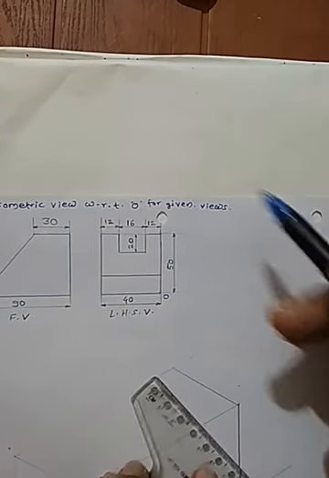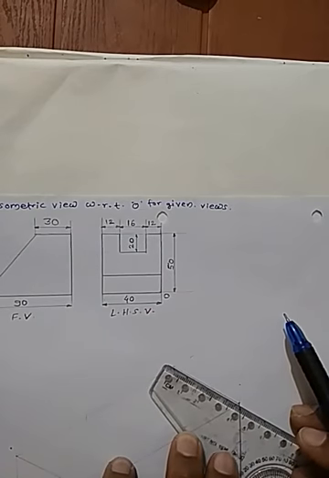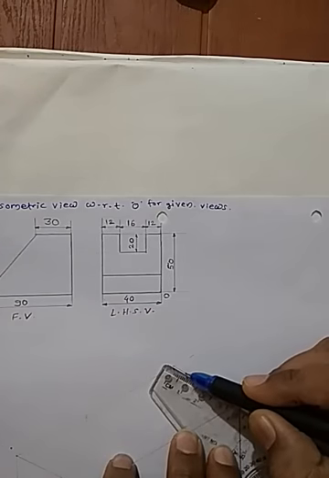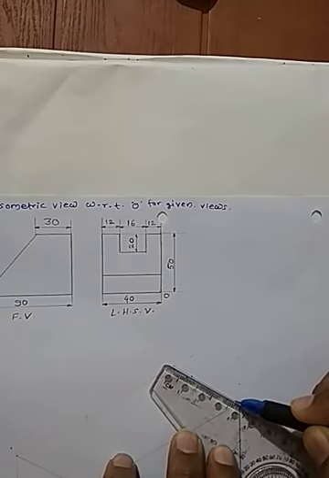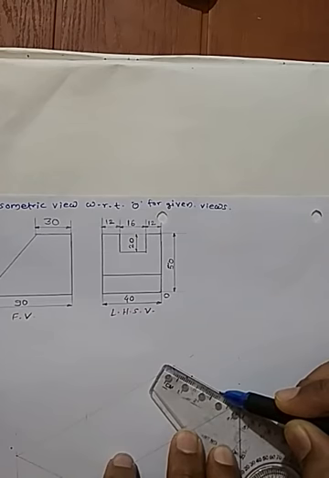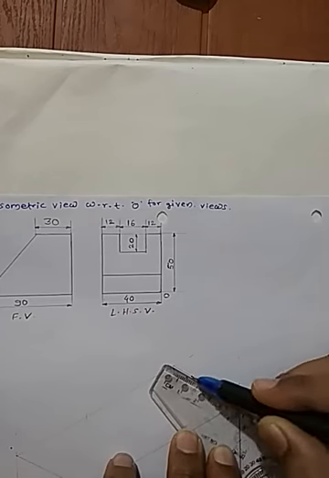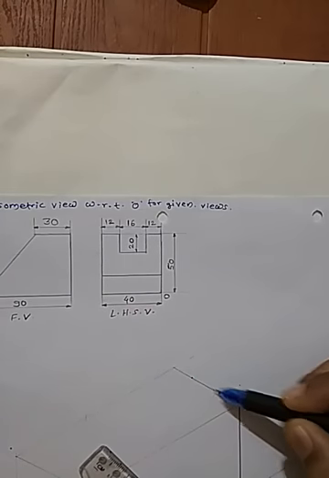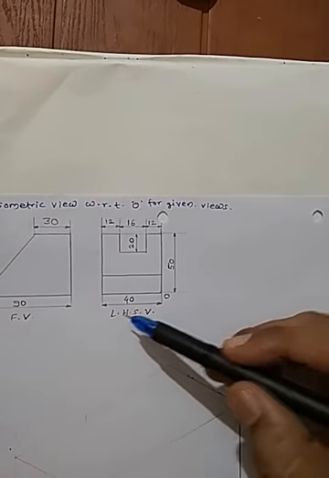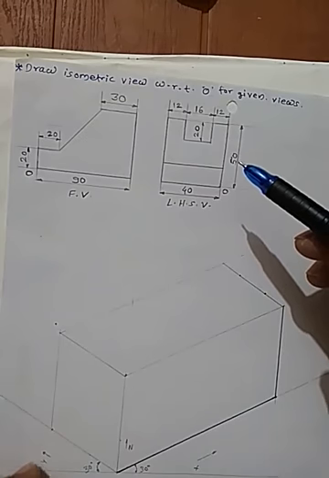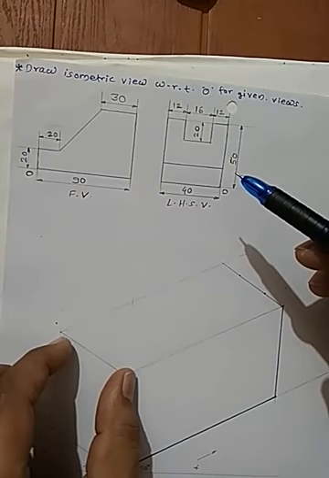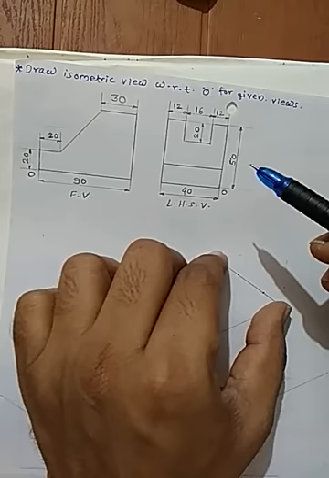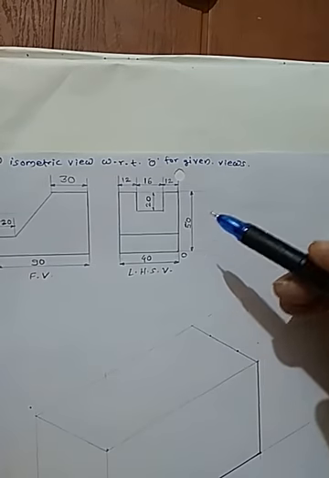Okay, so you need to mark that 12 mm distance on the extreme right side edge. From the left corner you need to mark 12 mm, and from the right corner again 12 mm. So definitely the distance between these 2 points is 16 mm. 12 plus 12, 24, plus 16, total comes to 40. So that is given to you as the width of the left hand side view. I will show you this 40, and again this 40. So the total is 40 mm.